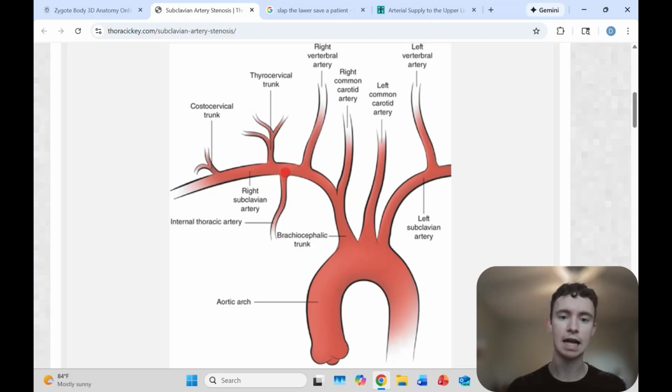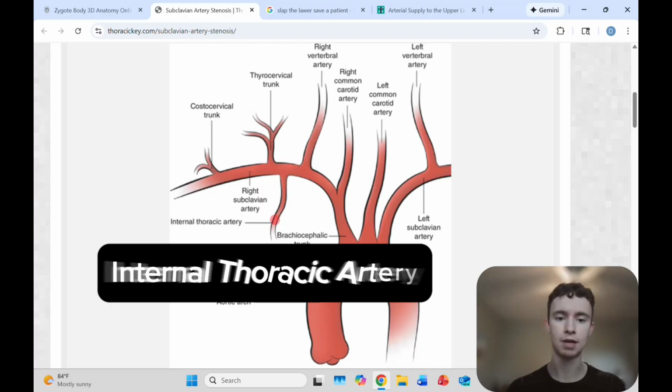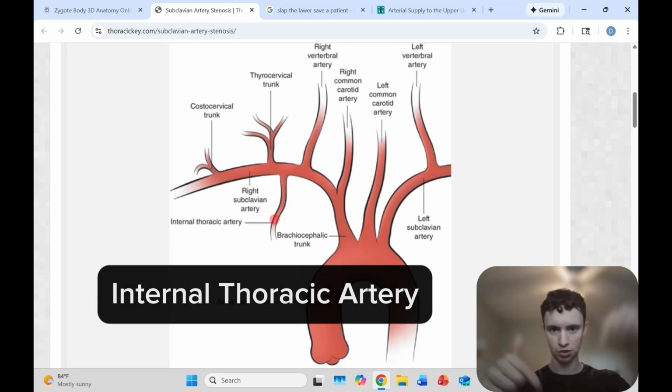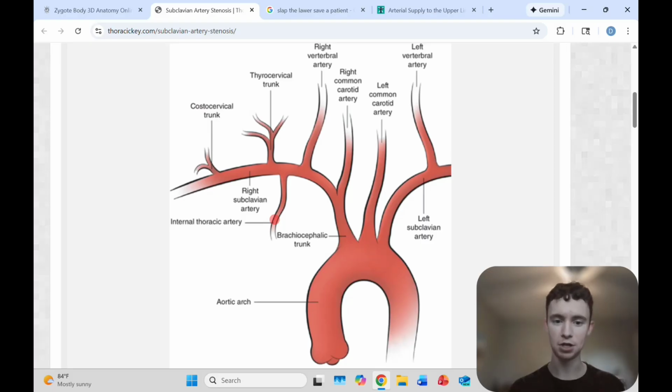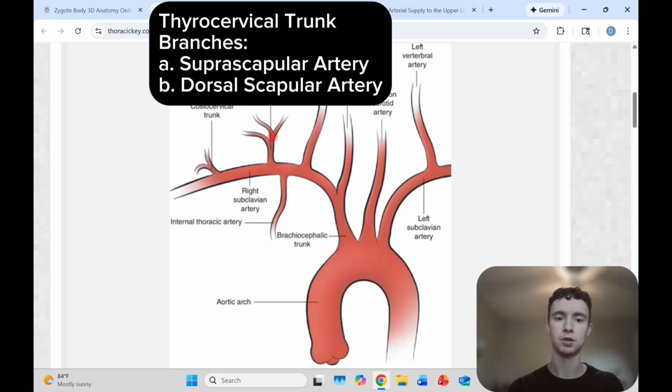Next we have our I from vitamin, which is the internal thoracic artery. This artery shoots straight down into the anterior chest wall to send out a lot of arteries to the ribs and to the intercostal spaces. So that is our internal thoracic. The next one on the list is the thyrocervical trunk right here, which gives off a bunch of branches as well,